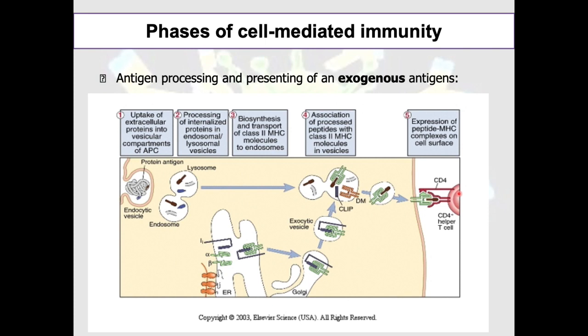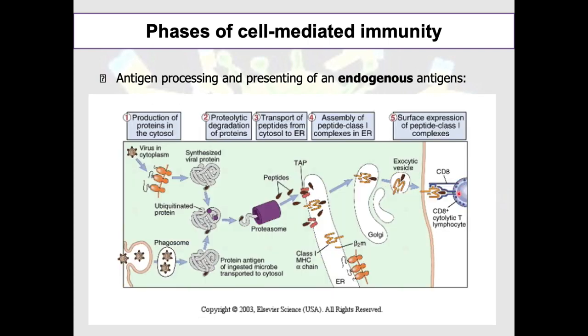So the matured T helper cell functions to activate B cells into plasma cells to secrete antibody. Okay, and it also helps to activate a cytotoxic T cell, also known as killer cell. So that's the function of helper T cell. Okay, so let's go to the endogenous pathway. Endogenous involves MHC1. Okay, so since it's endogenous, basically